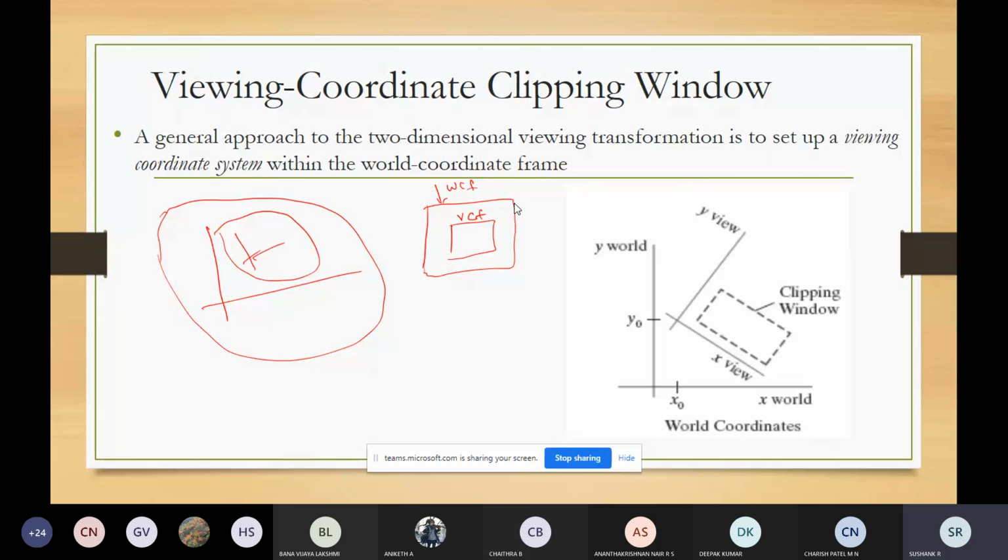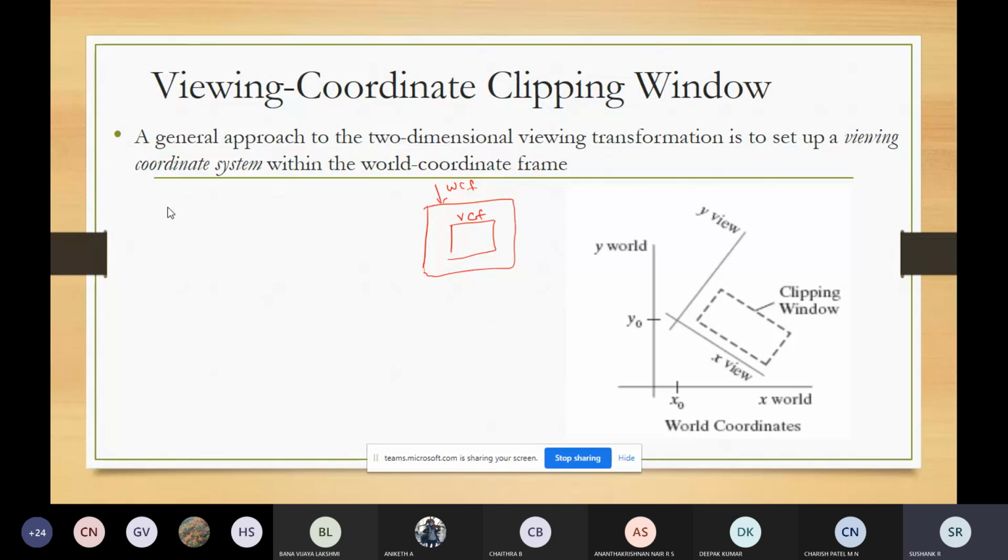So a two-dimensional viewing transformation is set up within a world coordinate frame by using a viewing coordinate system. In this example you can also check.